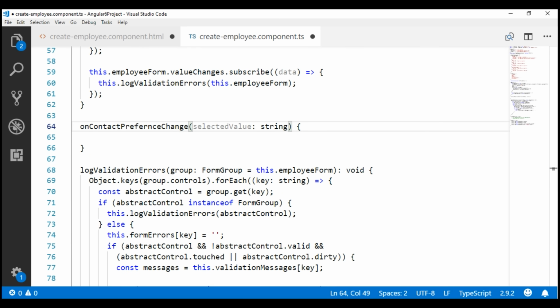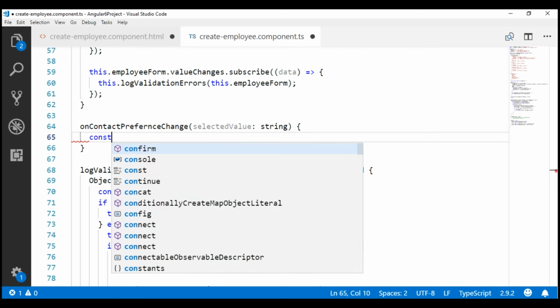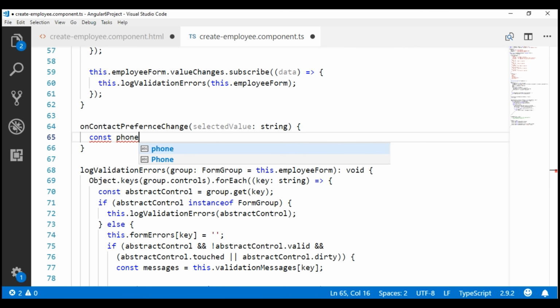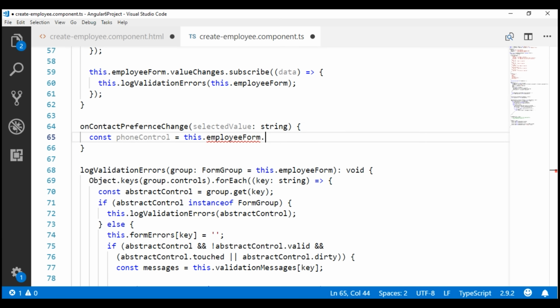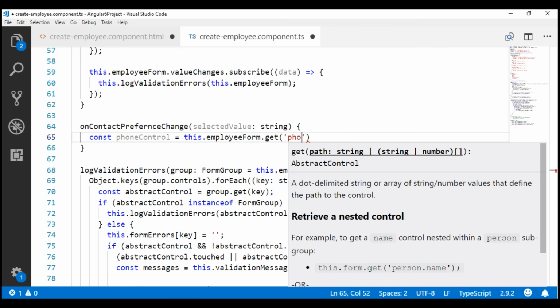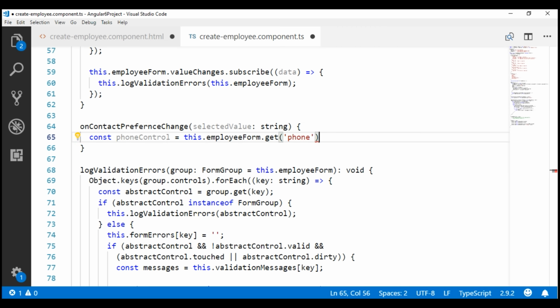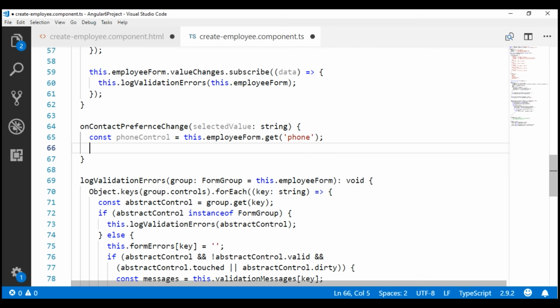First, let's get a reference to our phone FormControl and store it in a constant. Let's call the constant formControl. And to get the reference of the phone FormControl, we use our root form group, which is employeeForm. On that we call the get method, and to the get method we pass the name of our phone form control. Now if the selected value is phone,